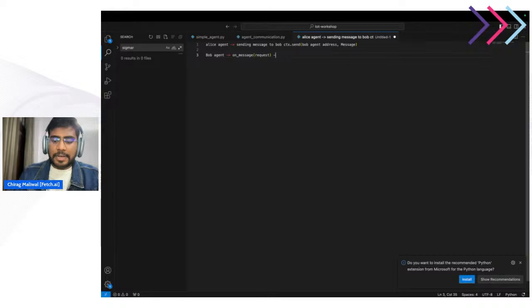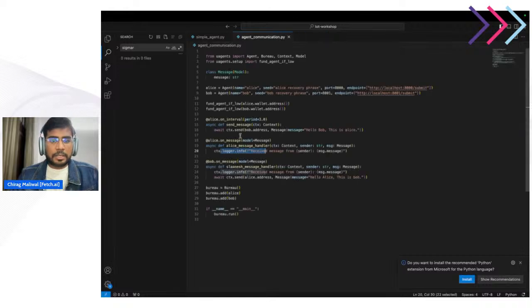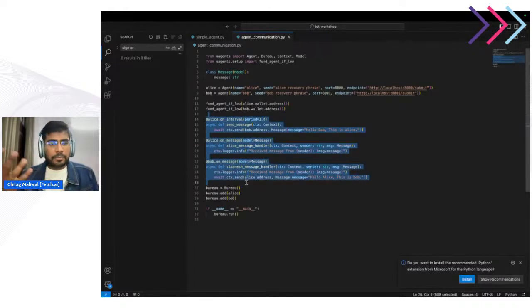Then on the basis of that, the Bob agent listens to the message and responds to the Alice agent using the Alice agent address and the message. And the same way, the Alice agent listens to the message and does the next section. So whatever things we want to do during this communication, we can do that.